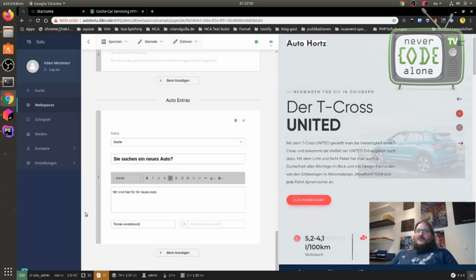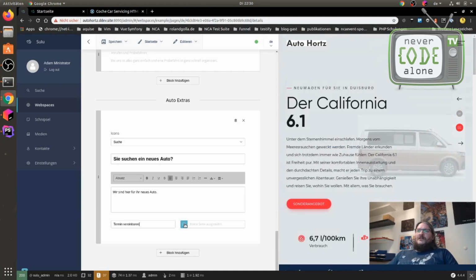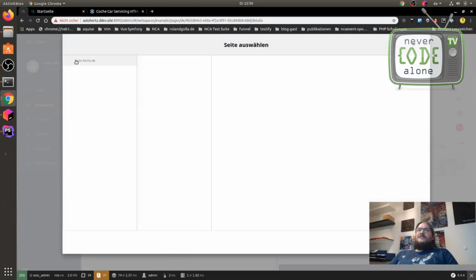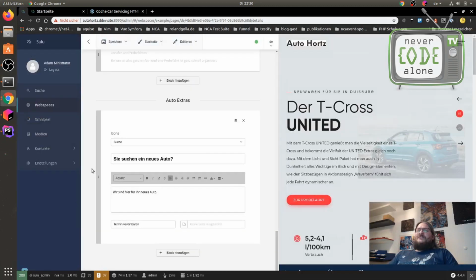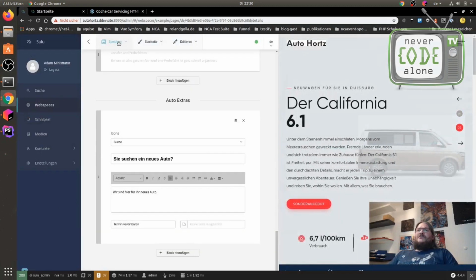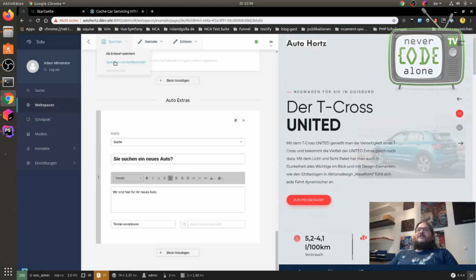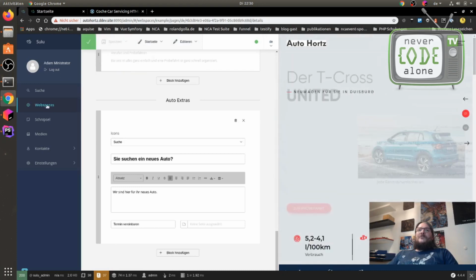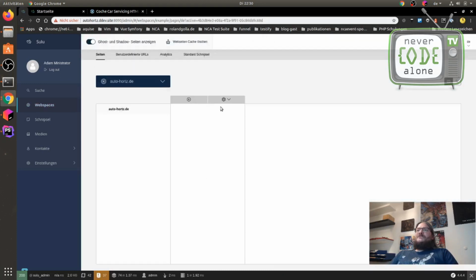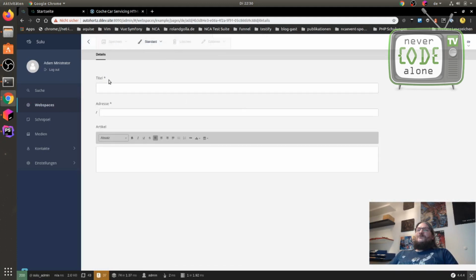To get a date here, we can select a page. We have no subpages so far, so we cannot select one now. I just have to add one subpage to select it, I think. Let me check what I can do here. I go to workspace, and now I add one page. Say this is a standard page, because the start page has too many items here.